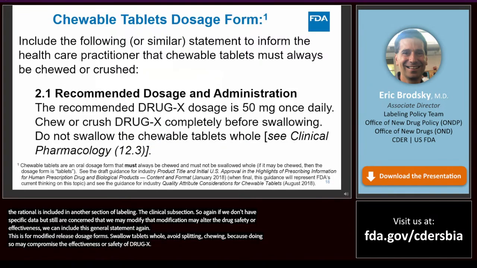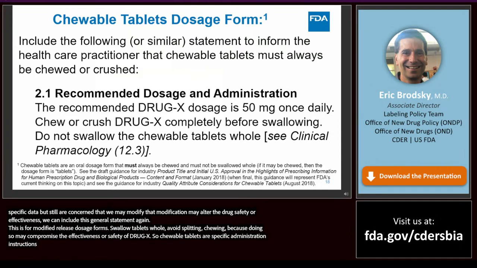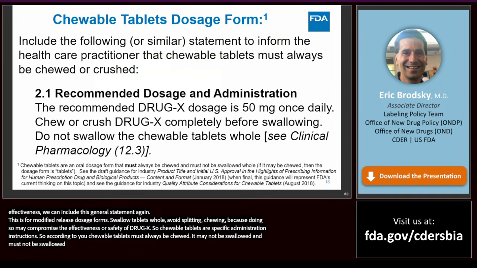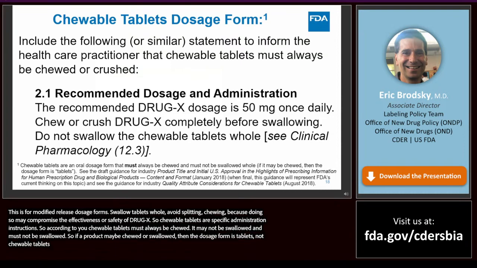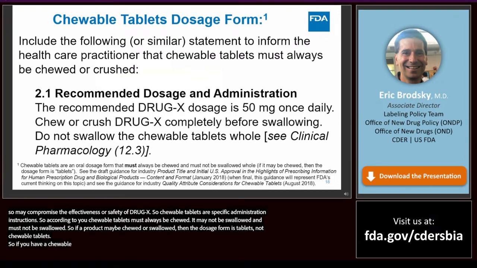So chewable tablets dosage form, these are specific administration instructions. According to USP, chewable tablets must always be chewed. They must not be swallowed. So if a product may be chewed or swallowed, then the dosage form is tablets, not chewable tablets. If you have a chewable tablet dosage form, USP recommends including specific information in labeling regarding the chewable tablets